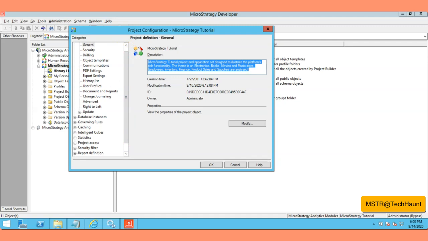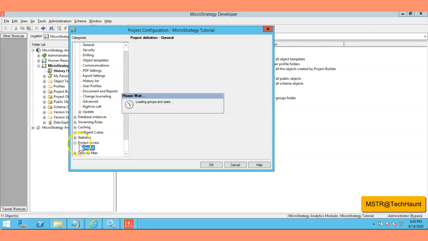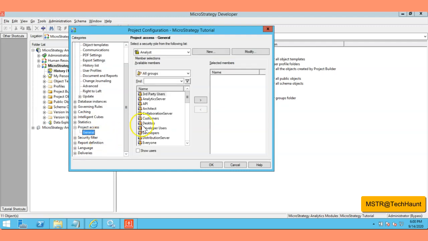If I go here, you can see the options. Here you can assign and configure the users and groups at this project's level. Let me see what type of groups or users we can use.